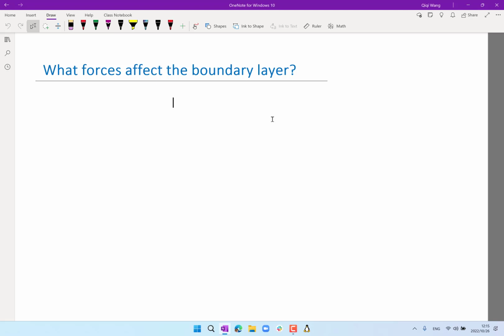But in boundary layers, it turns out that pressure force is also at least as important as viscous forces. But the problem is that we can no longer just use Bernoulli and say whenever the velocity is lower, the pressure is higher. That's no longer the case. So for example,